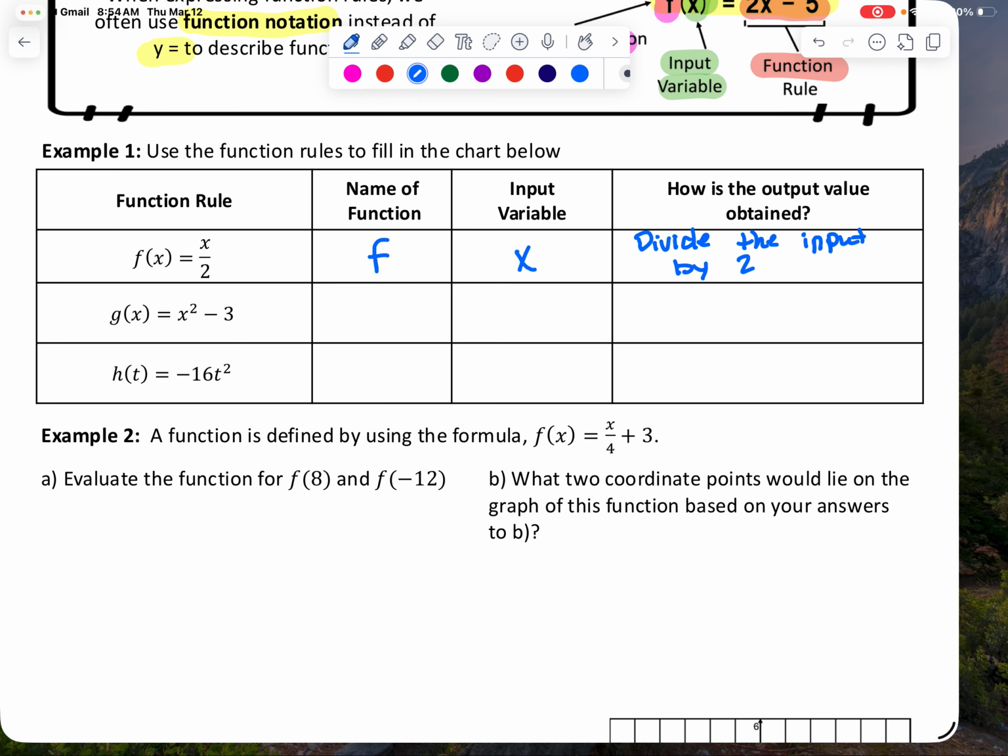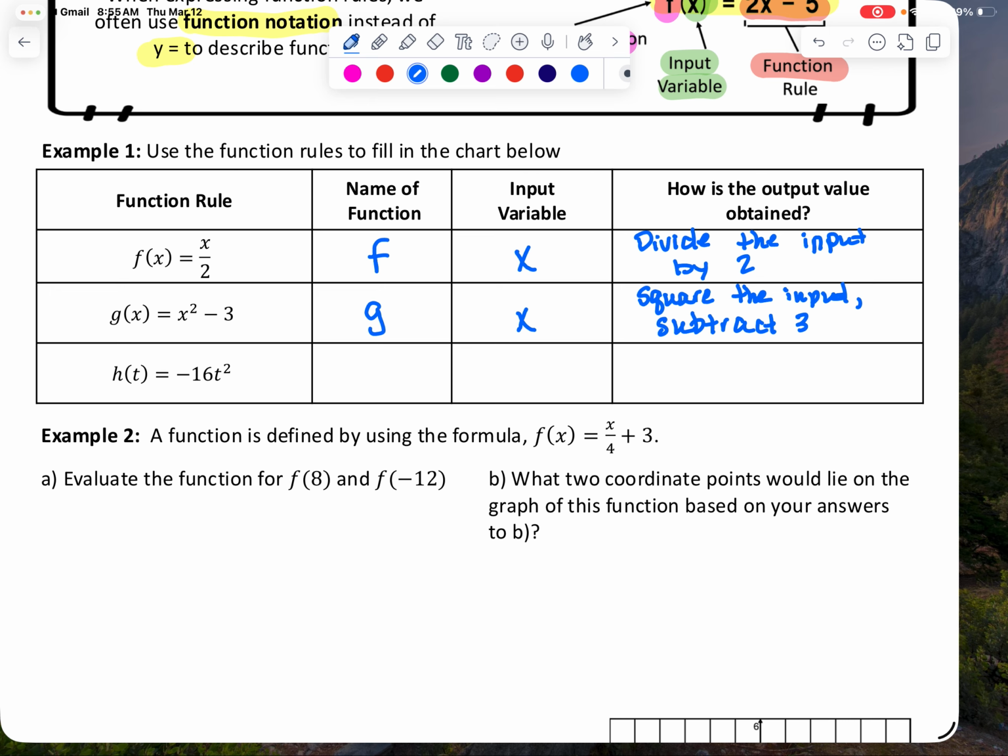All right, so our next function rule, we have g of x is equal to x squared minus 3. The name of this function would be g. Our input variable, again, is x. And how is the output value obtained? Well, we need to follow our order of operations. In our order of operations, squaring would come before subtraction. So we're going to square the input and then subtract